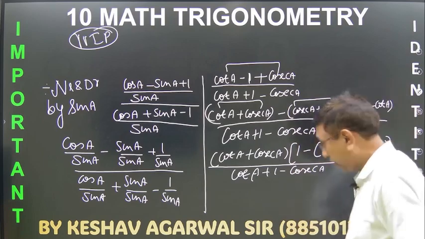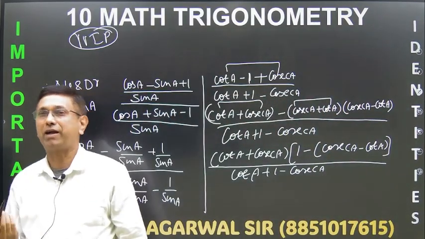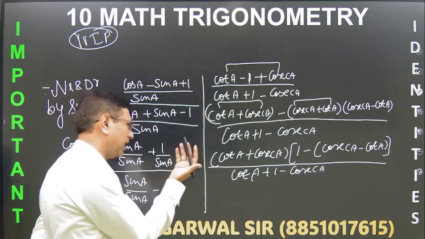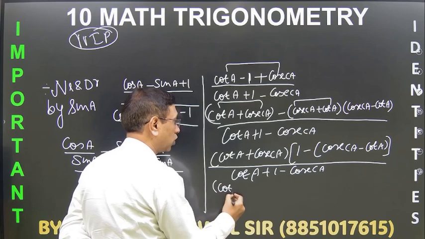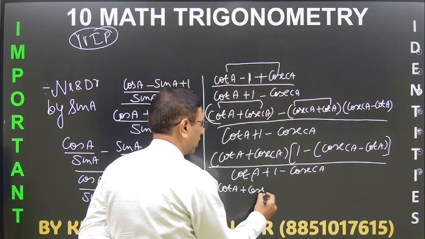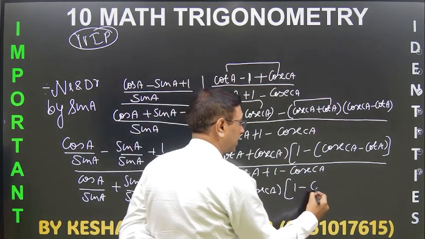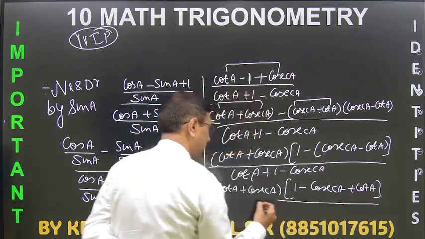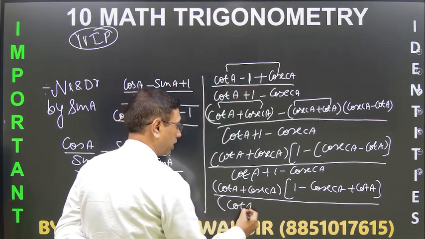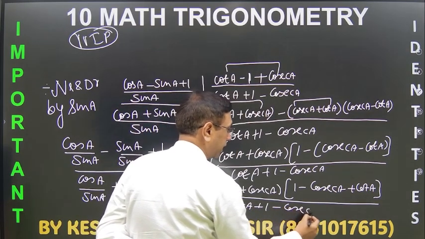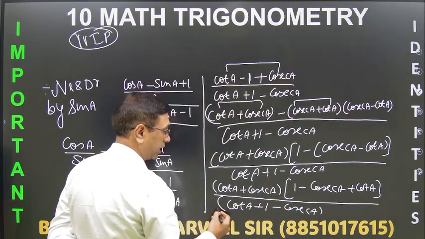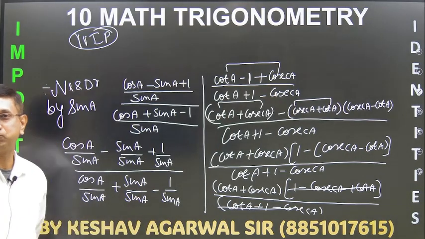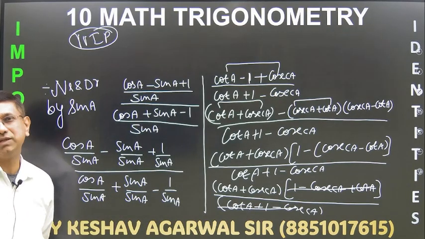So now when you will distribute this minus sign, वो फैक्टर वैसे ही बन जाएगा. So see that similar question, it's an example of NCERT and even one in this is an unsolved question. So this is one of the question which is there. So you'll get 1 minus cosec a plus cot a upon cot a plus 1 minus cosec a. See, cot a plus 1 minus cosec a. So this factor gets cancelled, and this is what you have your answer as. Okay, so that is what this question can come as.